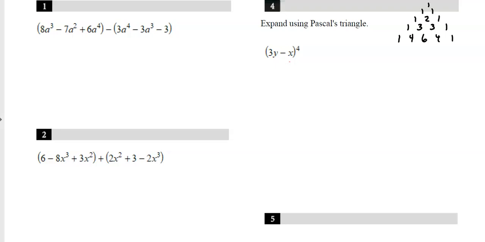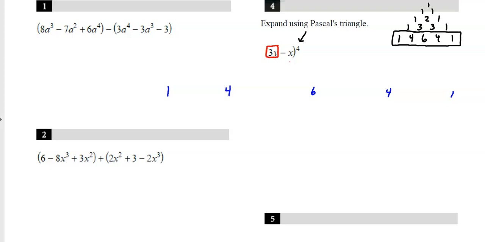Since this is a 4th power, I'm going to use this row right here that starts off with a 4 in it. All right. It looks like the 5th row, but you kind of have a row 0 at the top there. So those coefficients are going to kind of dictate what's going on here. So I'm going to just put my 1, my 4, my 6, my 4, and my 1. And here's kind of how the pattern goes. You take the first term,